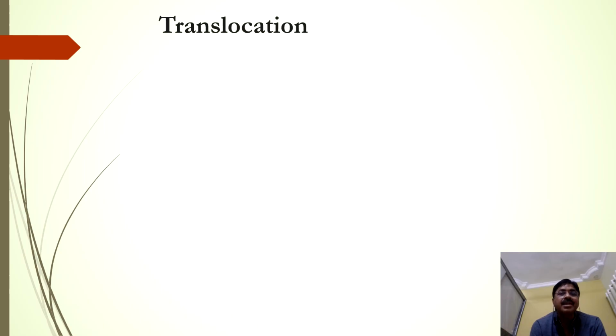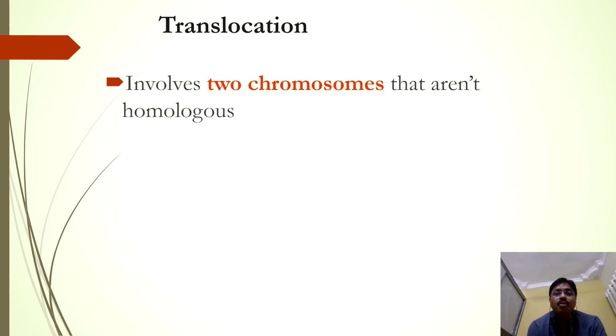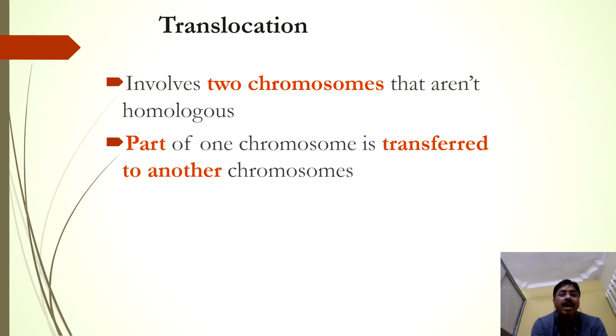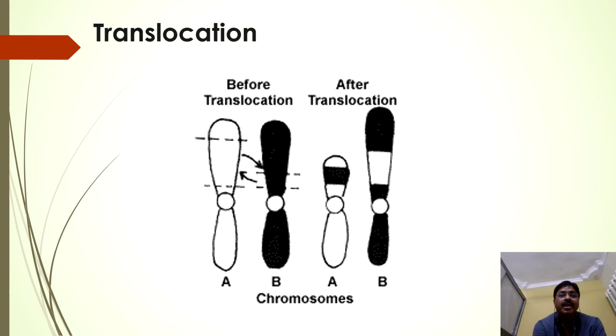The fourth part is the translocation. It involves two chromosomes that are not homologous. They are not homologous chromosomes. Part of one chromosome is transferred to another chromosome, and that is translocation. You can see A and B are two different chromosomes. Some part of the B chromosome is shifted towards the A chromosome, and some part of this is shifted to the B chromosome. So this is nothing but the